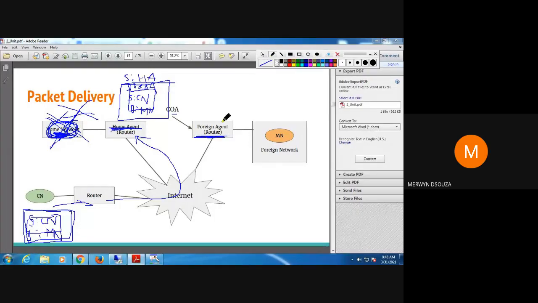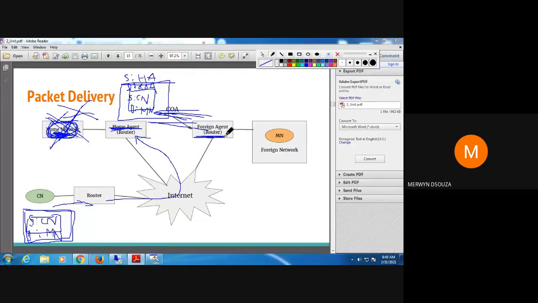When you're sending it, you make a tunnel, a virtual path. You're tunneling the packet, sending it directly between the home agent and the foreign agent by establishing a virtual path between these two. That path is known as a tunnel. So this process is known, therefore, as tunneling. So you're sending the encapsulated packet to the foreign agent.